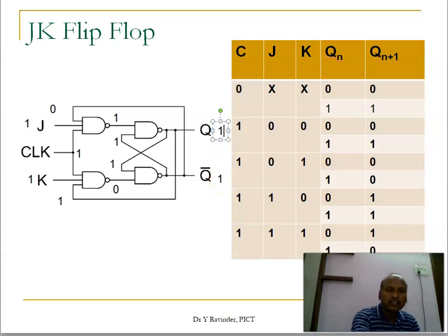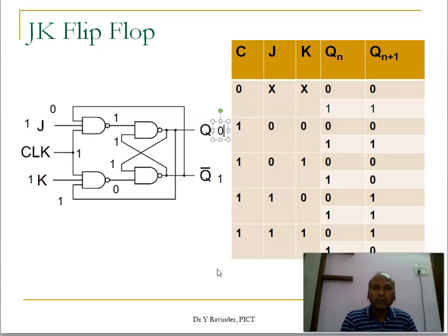Once again, try to understand. This is 1, this is 0. Now this 0 will go here, this becomes 1. And this 1 will go here, 1, 1, 1, 1, 1, 1. This is 0. As soon as this is 0, this will be 1 again. And this 1, 1 will go here, 0. So it will keep on toggling between 0 and 1 as long as the clock and J and K are all 1, 1, 1. So that is the clock of the JK flip-flop.